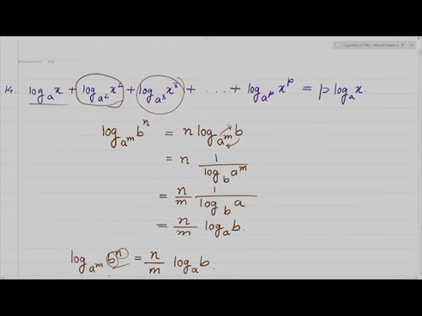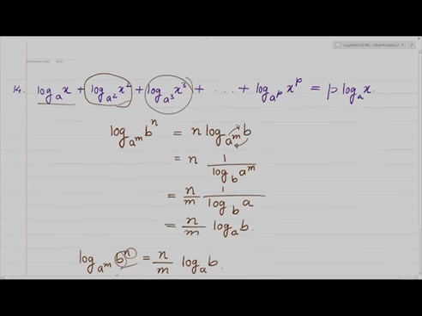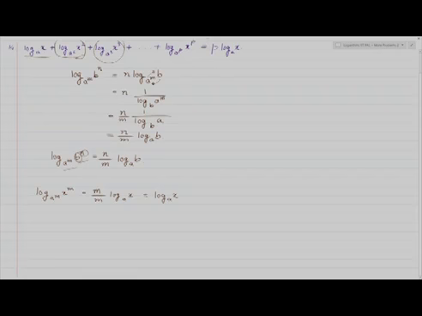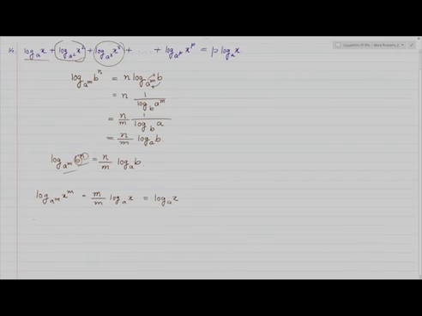Therefore, if I look at my problem, log to the base a of x, a square of x square, then what I am actually saying is, I am slightly shrinking it. I am telling you that log to the base a of x plus 2 upon 2 log to the base a of x, this is my LHS, plus 3 upon 3 log to the base a of x, and so on up to p upon p log to the base a of x. What should this be equal to?